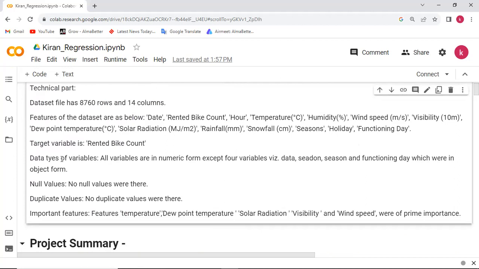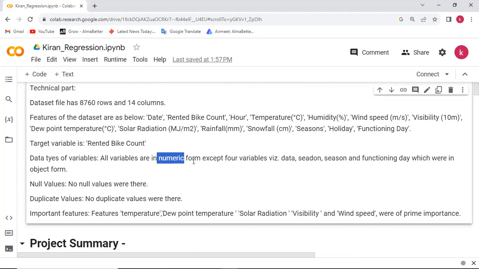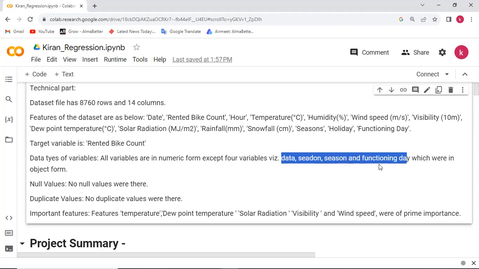All columns have numeric data, except four columns, namely date, season, holiday, and functioning day. These four columns only have data in the form of object, and except these four, all columns have numeric data.